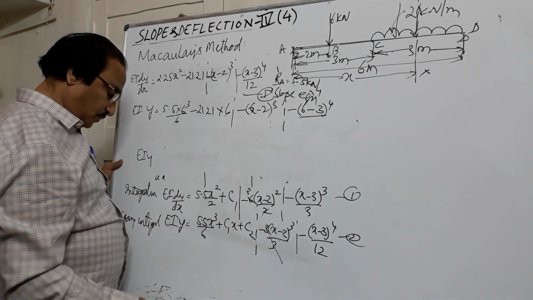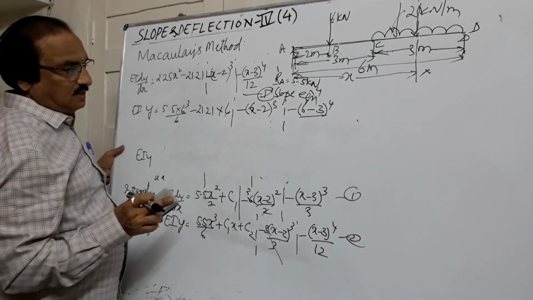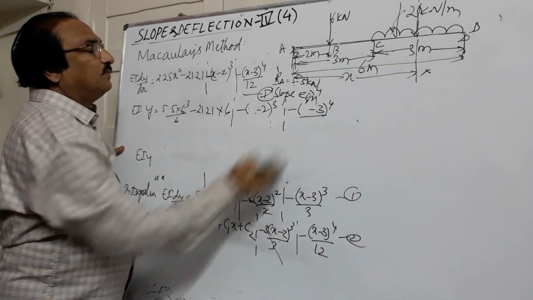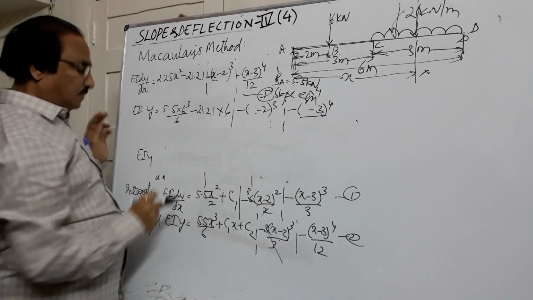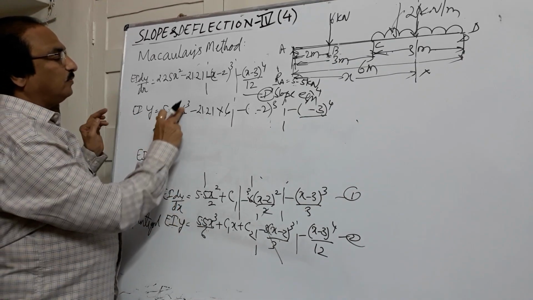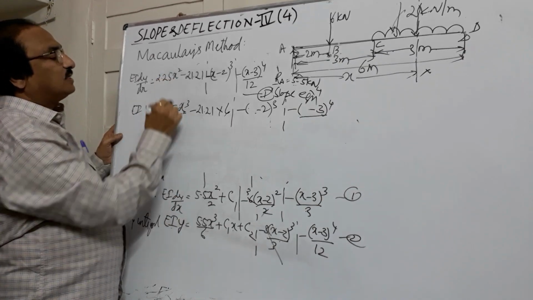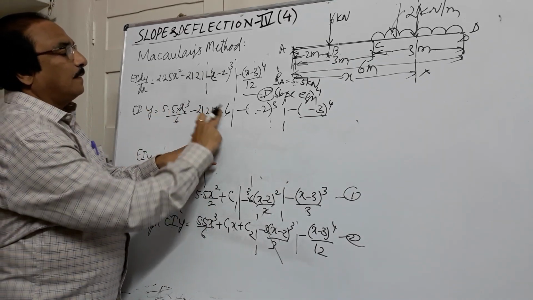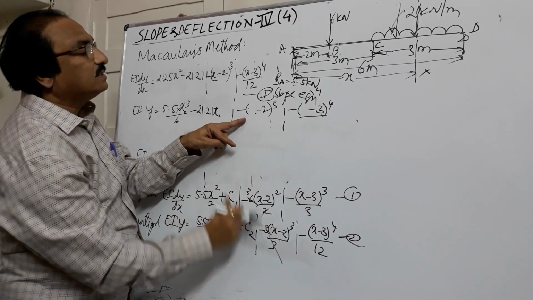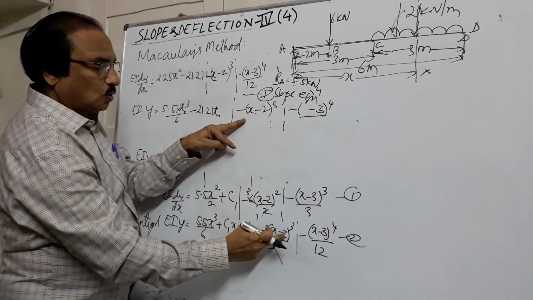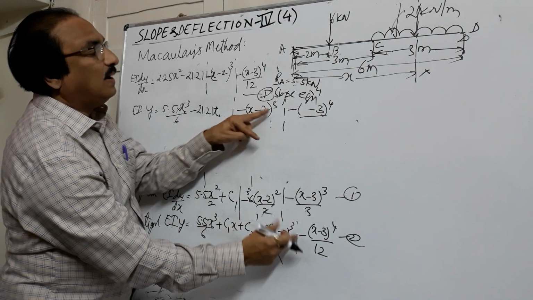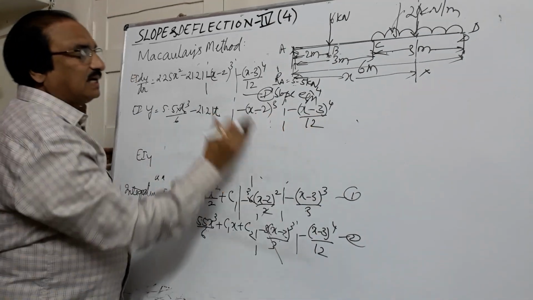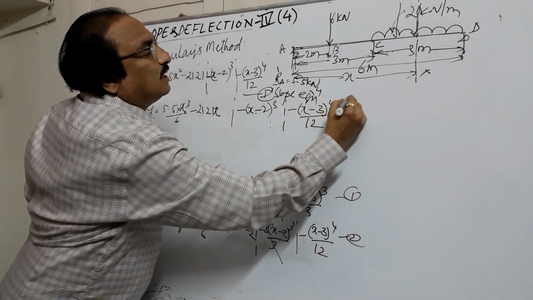So we are supposed to write the equation, not simplified. Please keep these terms in terms of x only, not substitute here. We already got the equation here, so please let us check it. X cube will remain as it is, same as we are getting here. So C1 into x minus x minus 2 whole raised to 3 minus x minus 3 whole raised to 4 divided by 12. Please maintain this. This equation we call the deflection equation.